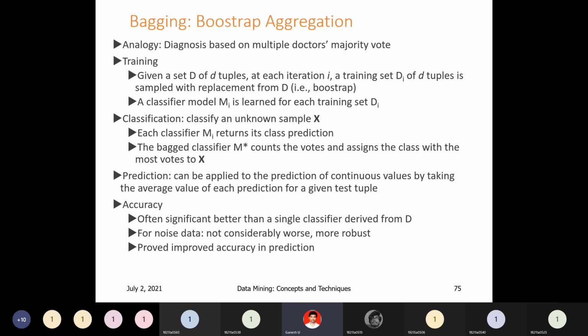Bagging is nothing but, from the input data set capital D, you are creating small data sets D1, D2, and so on up to Dn. These data sets may contain repeated values. For example, data set D1 consists of 1, 2, 3, 4, and data set D2 consists of the same elements 1, 2, 3, 6. So data elements may repeat.